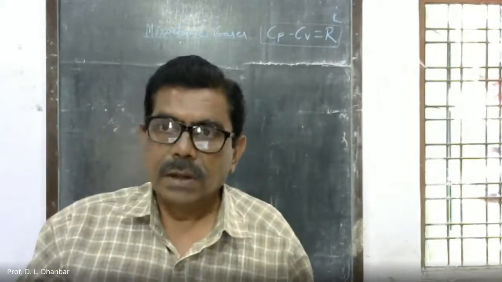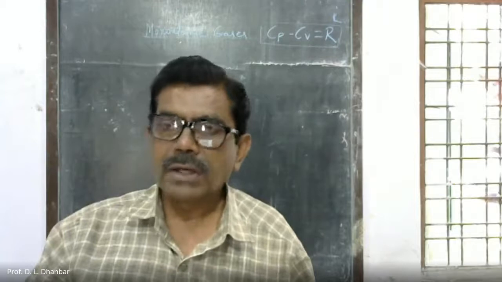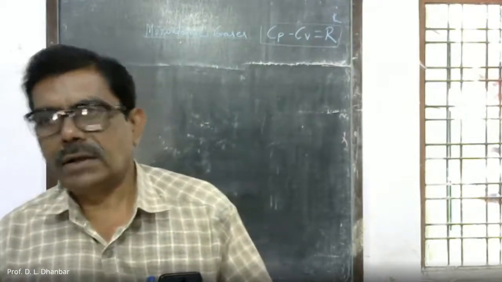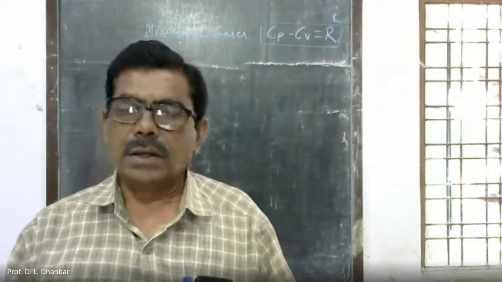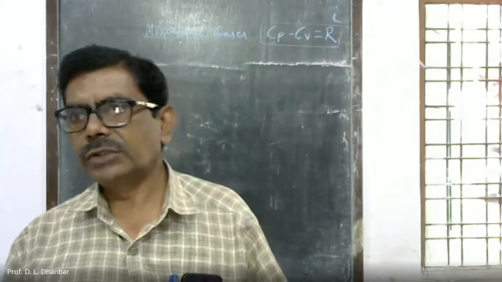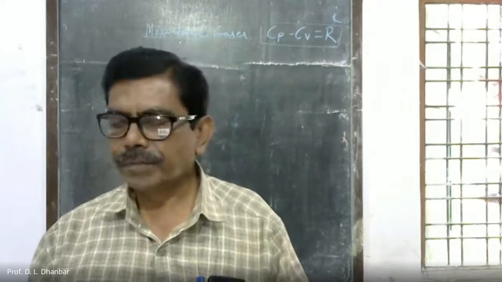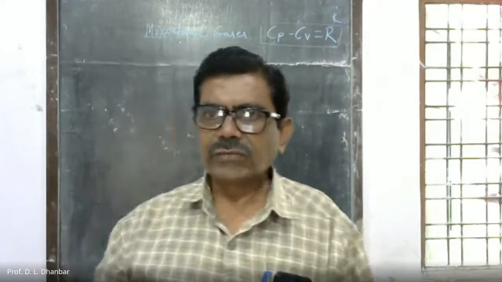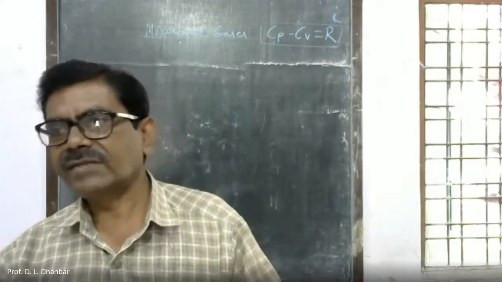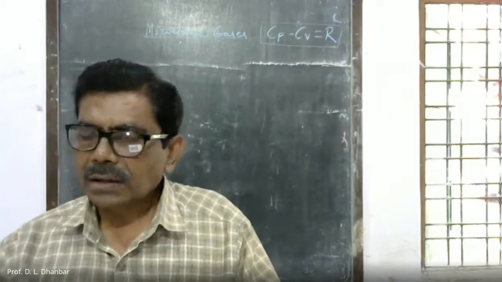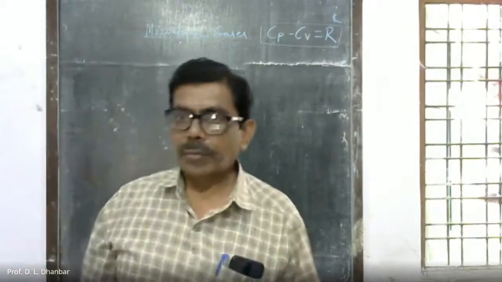So today we will see monoatomic gases, and also we had seen earlier the degree of freedom. Degree of freedom means the number of coordinates required to locate the position and the configuration of the system. Generally in translational motion we require 3 degrees of freedom, means 3 coordinates as far as the 3 axes are concerned. But this is in the case of a monoatomic gas.